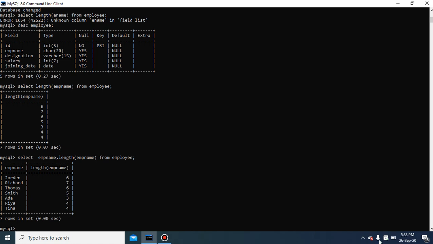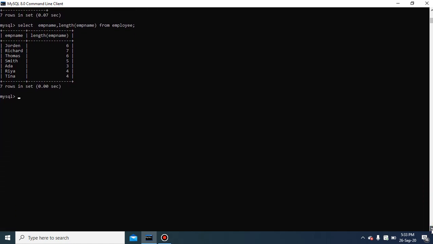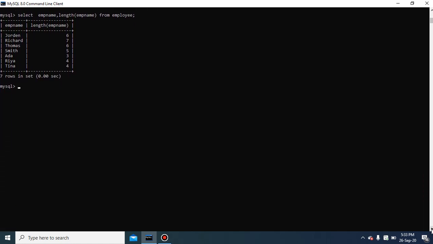The next function we will see is the left function. The left function means extracting from the string whatever number of characters you want from the left side of the string. The left function returns the number of characters you specify.